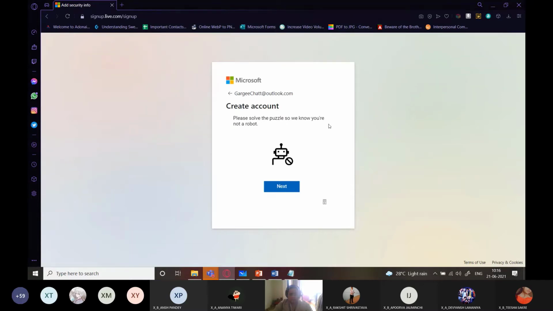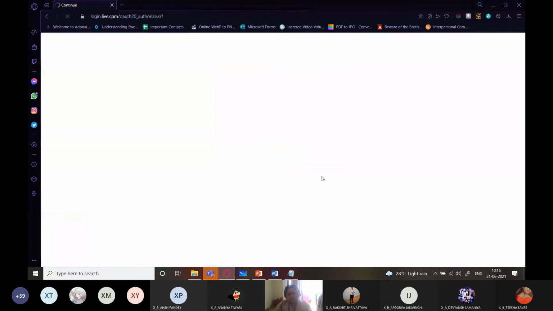Okay, please solve the puzzle so that we know you are not a robot. Tap on the arrows to rotate the image. Okay, done. Okay, so it is to check whether I'm using a bot for creating an account or not.